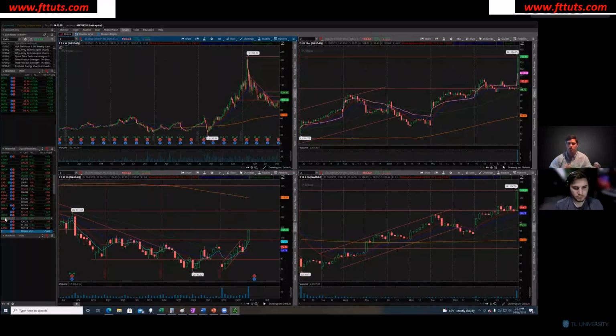So like, an Uber's on this list, which all Uber's done is disappoint me ever since it IPO'd. But it's kind of that liquid leader-ish type stock. So I guess calling them liquid leaders is maybe a false way of describing this list, but